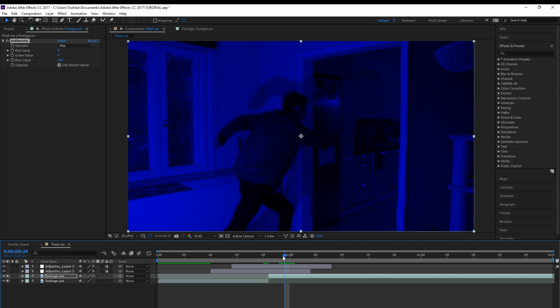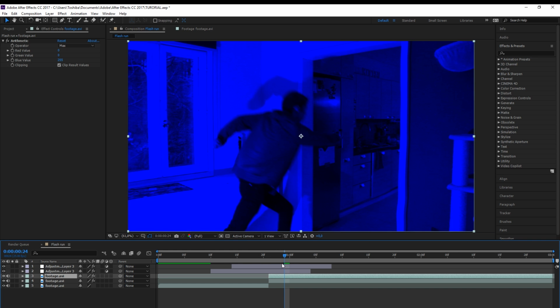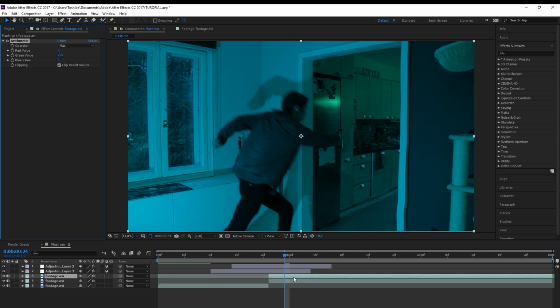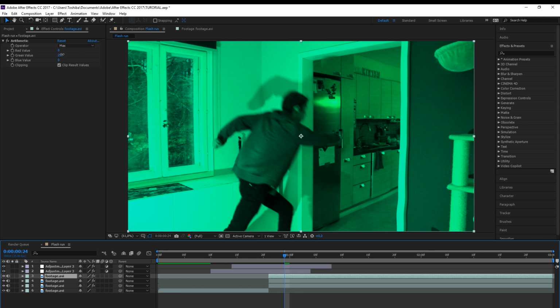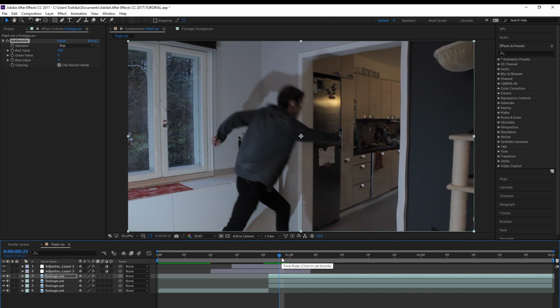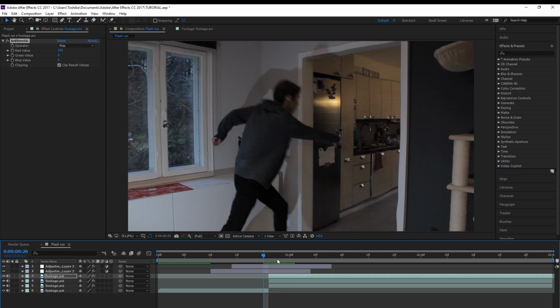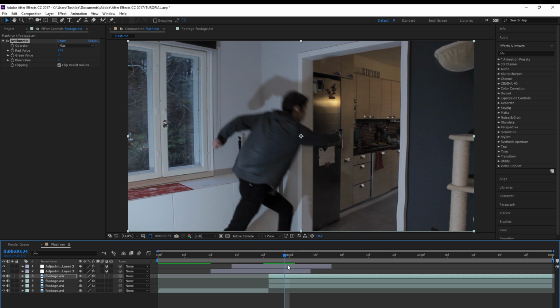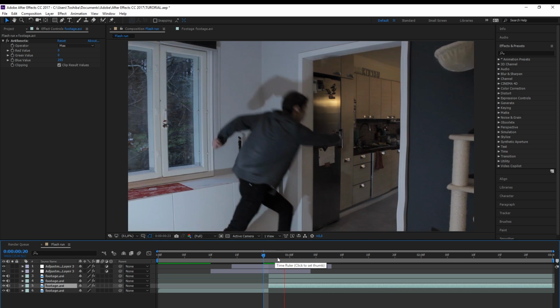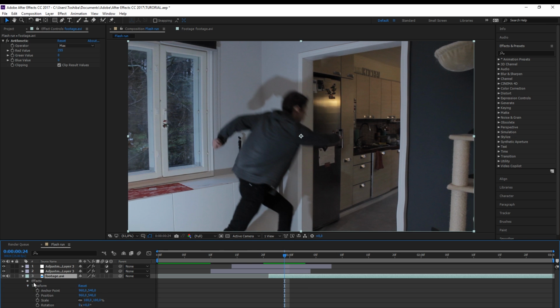It should look like this. Then let's duplicate this with Ctrl-D, and in the top layer let's max out the green instead of blue. And then same thing one more time, and this time max out the red value. Now you can see we have all the channels in there, so it just looks like the normal clip. But we actually have the clip in 3 separate channels, and now we can offset them to create that cool split effect. So let's go to transform in the top layer,